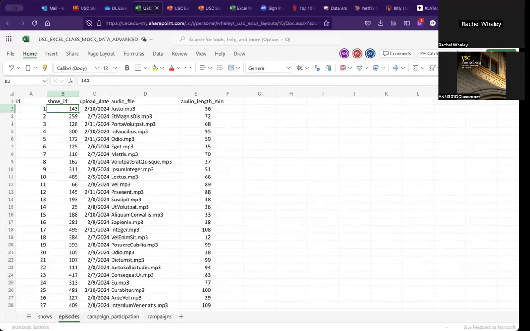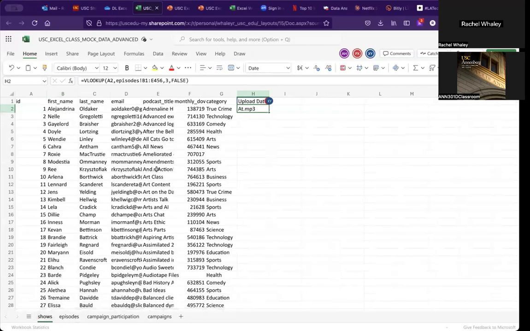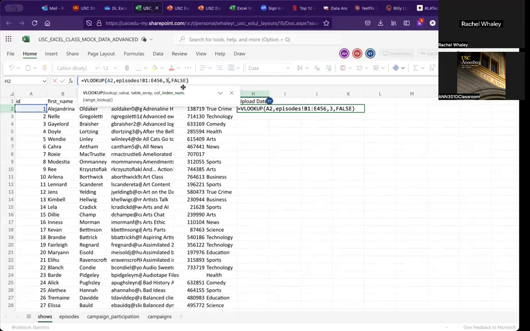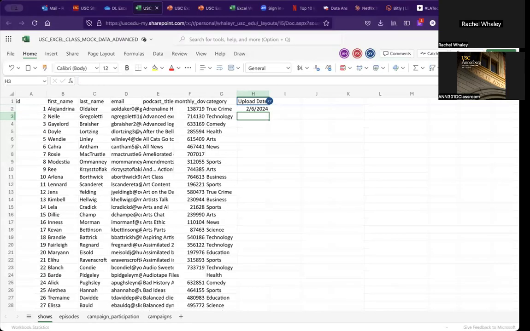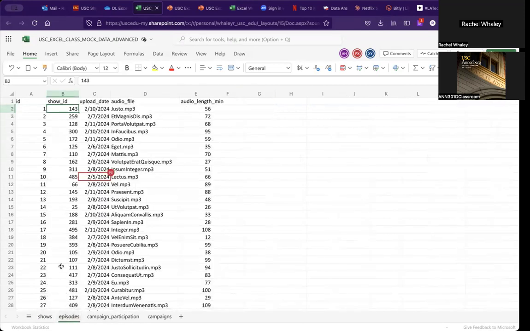Yeah. Go back to my formula over here, make one more edit. I'm going to say don't look in the third column anymore because we fixed our other argument. Actually, go look in our second column, February 6th. Okay, awesome. And if we went to our episodes tab and manually scroll down to where we saw